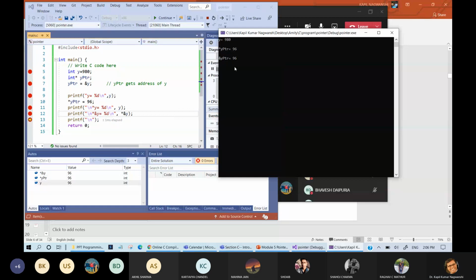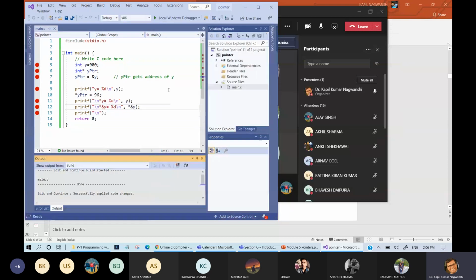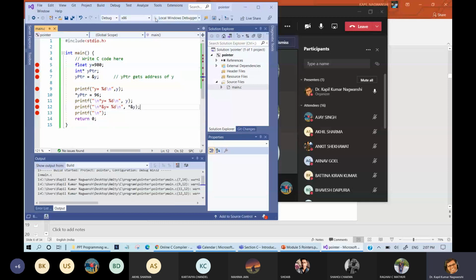But traditionally, we are now storing integer star y pointer. It means that this is a pointer to an integer value. Suppose I write this as float. Now there may be an error or some problem.